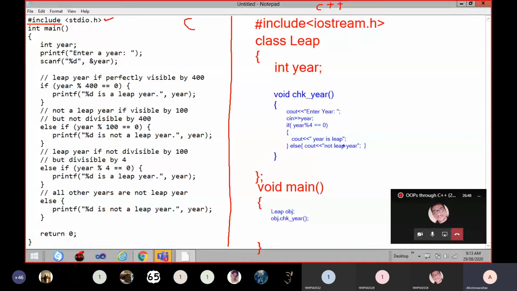And one more thing is, in the latest versions of Turbo C++ and some other software also, it is required to include namespace std. Why? Because std is a standard namespace and it has the definitions for all standard input output device relevant functions. So that is why it is required, and especially when you are using GCC in Ubuntu, in such cases it is mandatory. Otherwise you can't execute this program and you will get an error.